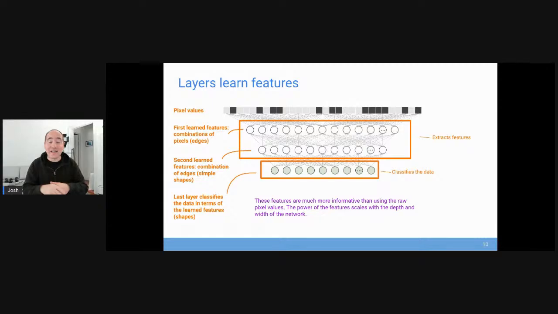And if you think about combinations of edges, that enables the layer to learn basically simple shapes. And then the last layer is classifying the image in terms of the shapes. And it's much, much easier to classify an image in terms of the shapes than in terms of the raw pixel values. And the deep in deep learning refers to the fact that a lot of problems, especially in computer